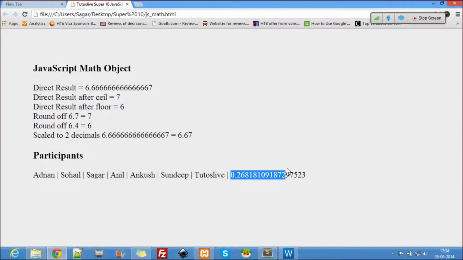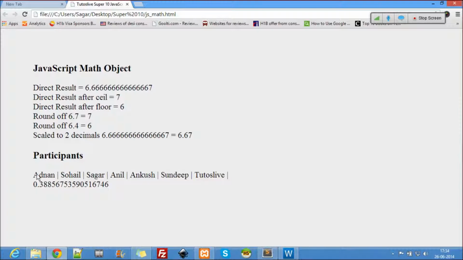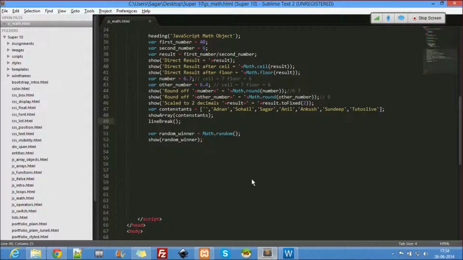Now this has been printed here, right? So why line break, I'll show you, because it's pushed into the number. But I don't want this random number. See, every time I refresh, the random number changes. You see that? But I don't want the whole number. How many contestants are there? Total participants are 1, 2, 3, 4, 5, 6 and 7. That's it, right? So 7 participants.